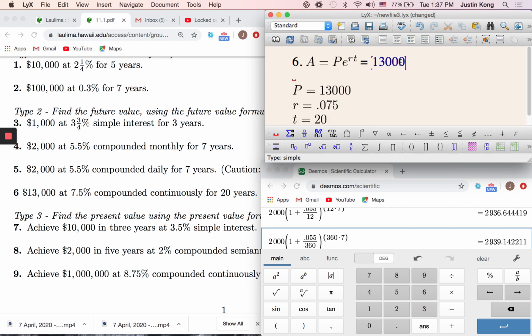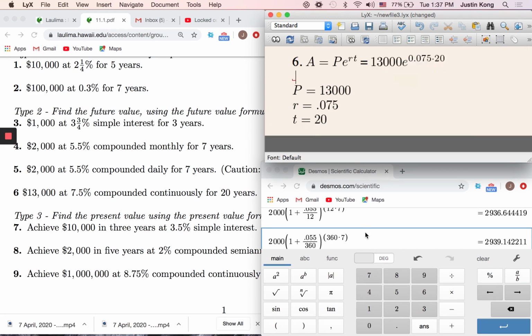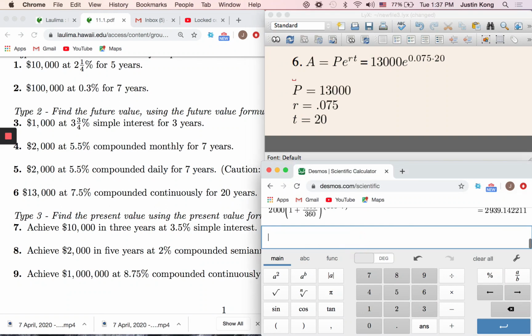All right, so when I go to plug this in, it's going to look like this. 13,000 times e to the 0.075 times 20, just like that. Okay, how do we punch that into the calculator? It's going to be 13,000 times e caret, and again, you want your exponent in parentheses, so 0.075 times 20 in parentheses, like that. And you end up with